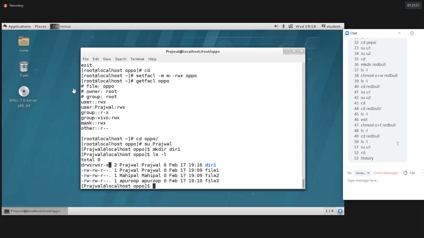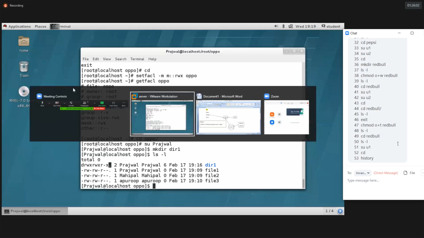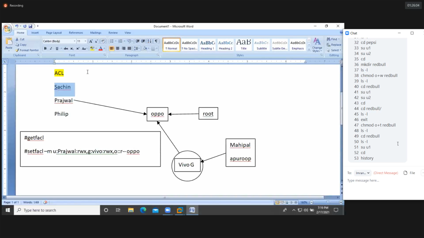Sachin should have access to create files and directories inside, for example, dir2, which Prajwal created inside the Oppo. Mahipal created dir3 inside the Oppo, and Apurop also created dir4 inside the Oppo. Sachin doesn't have access to create files and directories inside the Oppo directory itself, but he should have access to manage Mahipal's, Apurop's and Prajwal's directories.